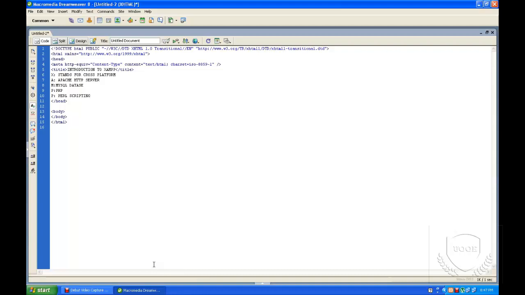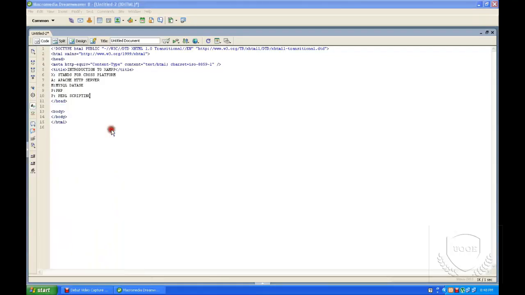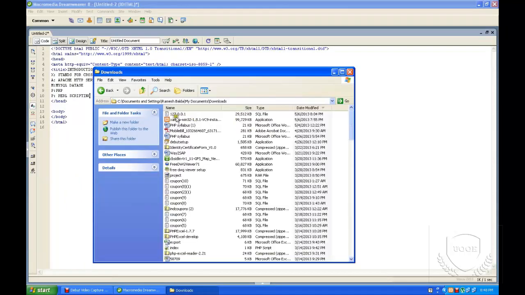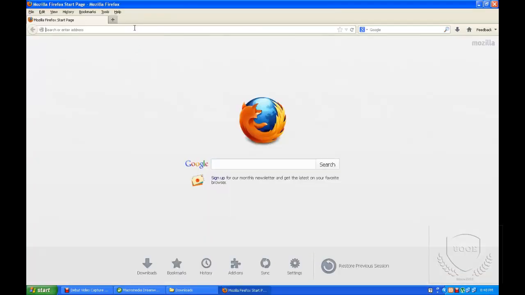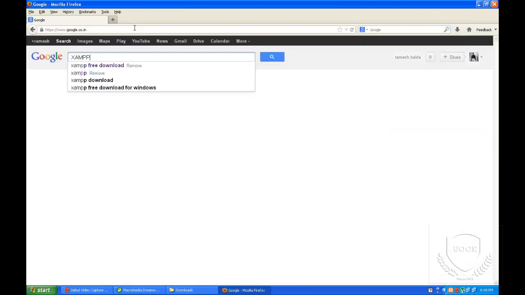Right now I will show you how to download and install XAMPP from Google itself. I think I already downloaded it. To download, just go to Google and search for XAMPP free download.